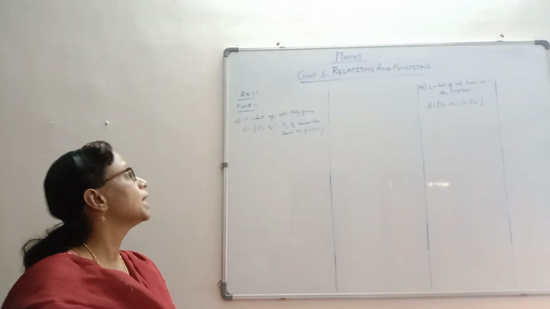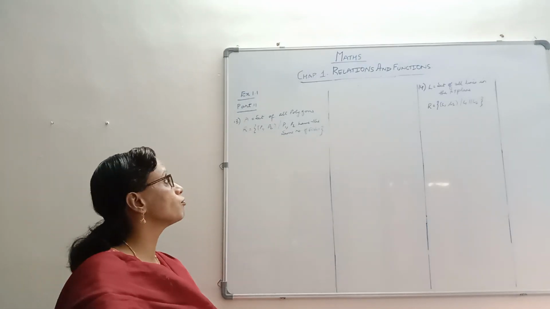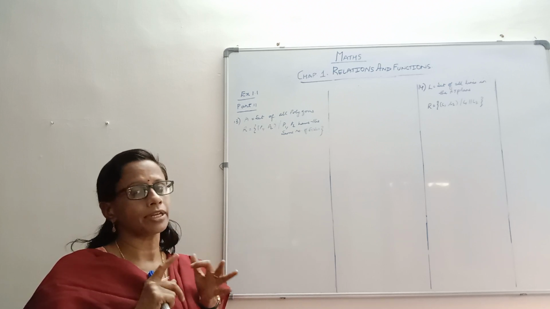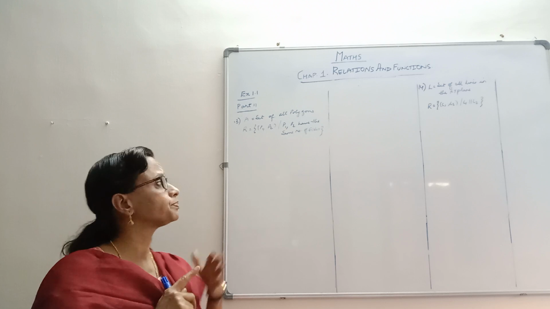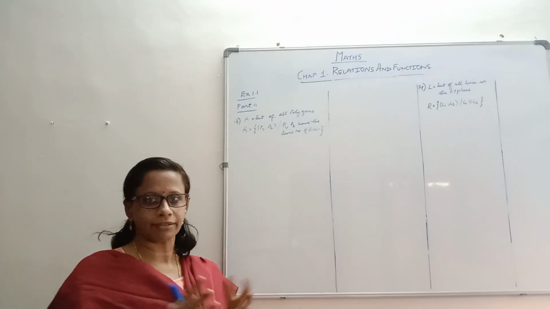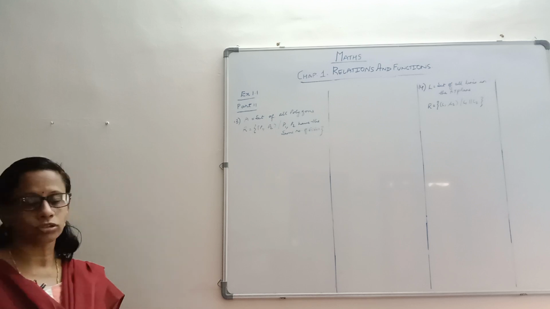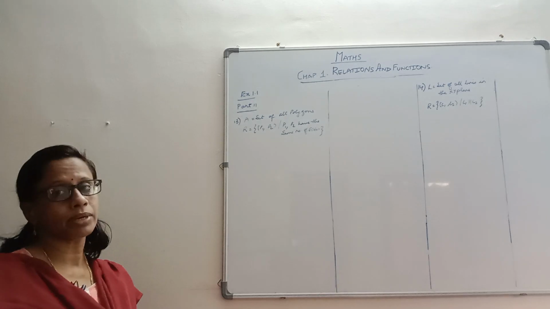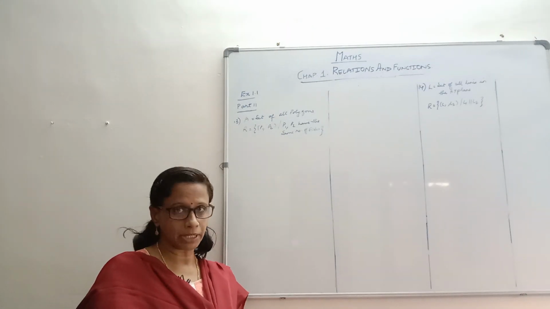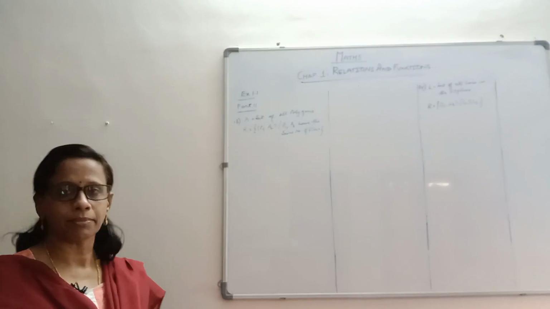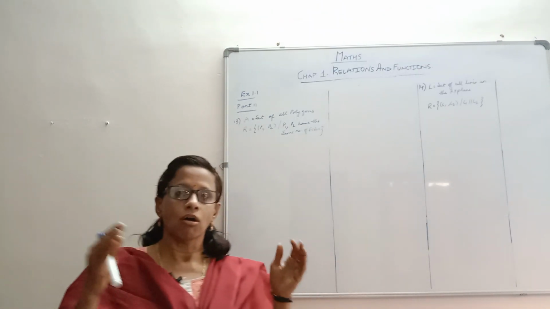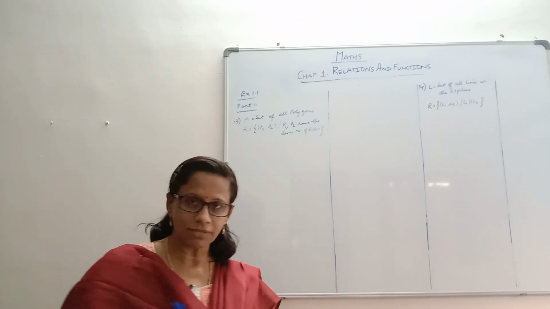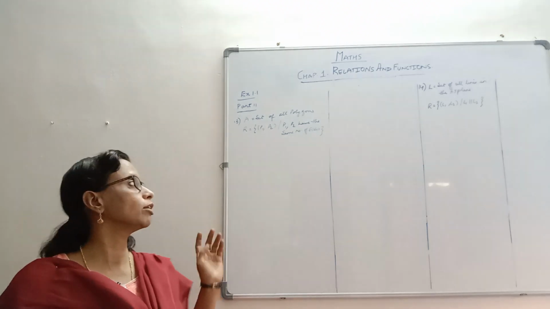Here is the 13th problem, where we have our set A as a set of all polygons. Polygons, do we understand? It can be a triangle, a quadrilateral, a pentagon, a hexagon, and poly means many sided figure. So we'll have lots of figures inside this set A, and then we are defining a relation R which is made up of all those ordered pairs P1 comma P2 such that P1 and P2 have the same number of sides. Means all triangles will be gathered together, all quadrilaterals will be gathered together, all pentagons together, all hexagons together. That is the meaning of this R.